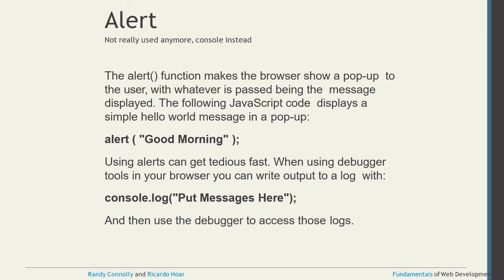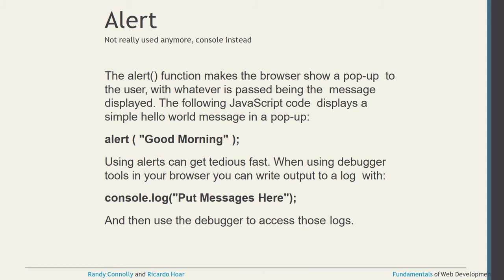Now coming to the alert. This is a unique feature available in JavaScript. Apart from JavaScript, it is available in VBA scripts, and in .NET C# I think that is available. In JavaScript this is the more popular alert function. It makes the browser show a pop-up. If you want to display a pop-up message, you can use the alert function. Whatever message you want to write inside the alert, you can pass it, as a pop-up.